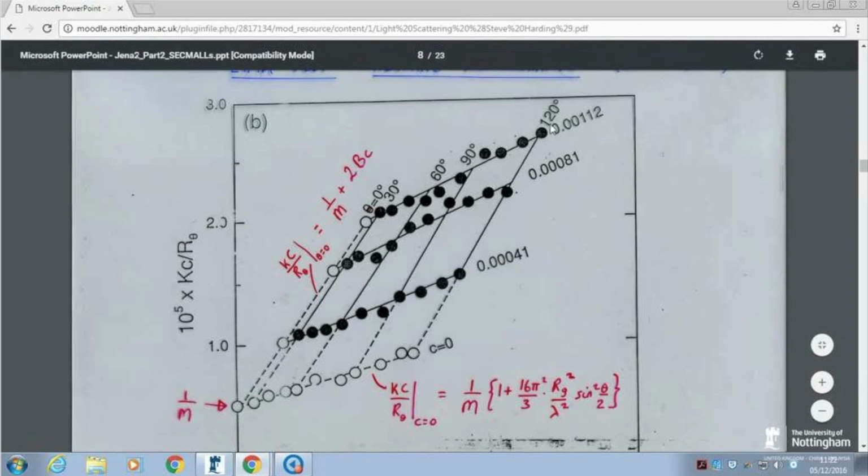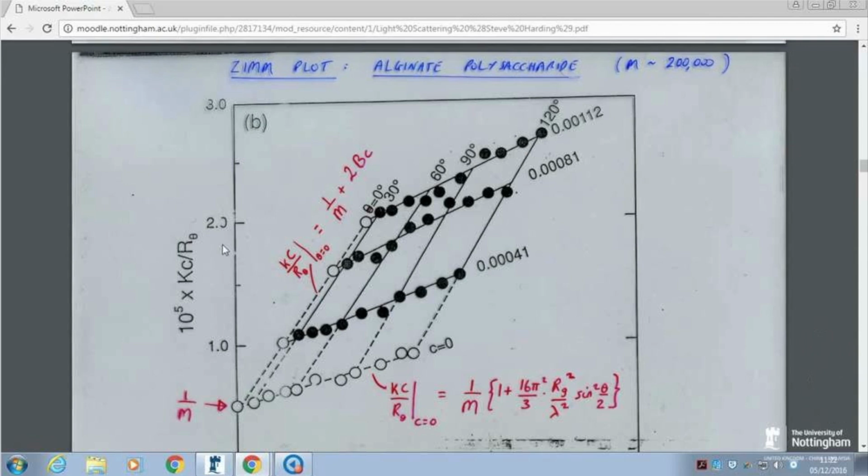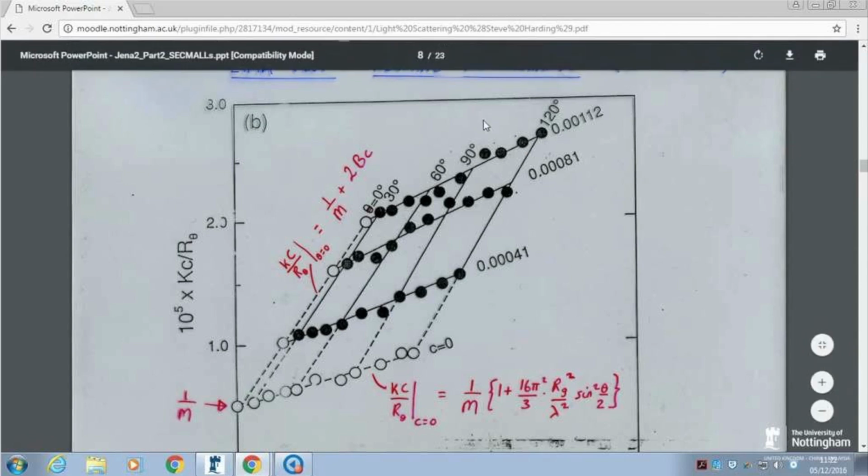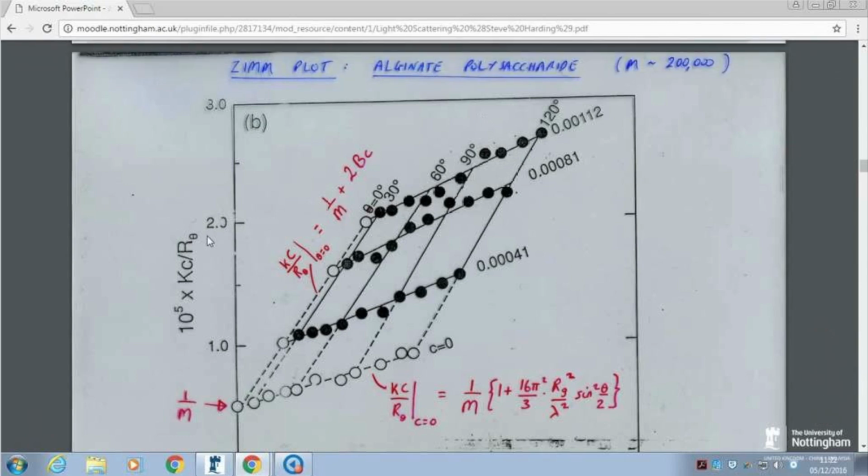So 3 concentrations, and for each concentration, you make the measurements of the light scattering intensity. That's what you're measuring. You measure the intensity with your detectors at all these different angles. Okay, so you get your intensity I theta, and then you divide it by the total intensity which the instrument records, and then you put that on the bottom, and you put the concentration on the top, and this constant which depends on the